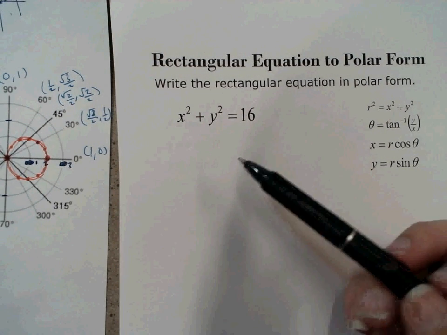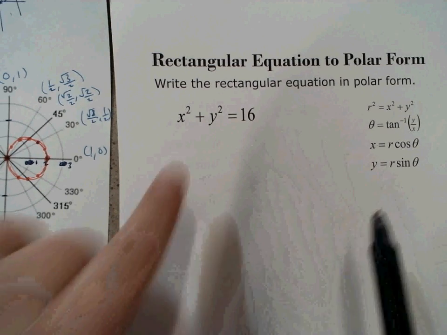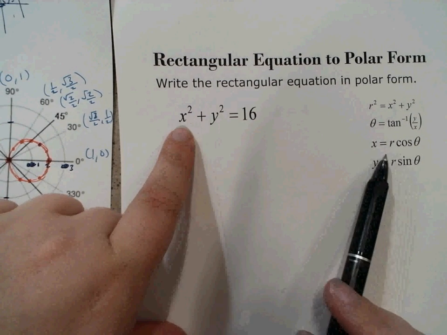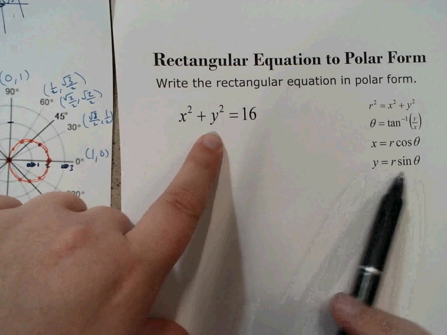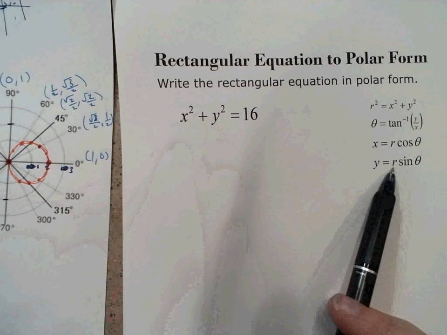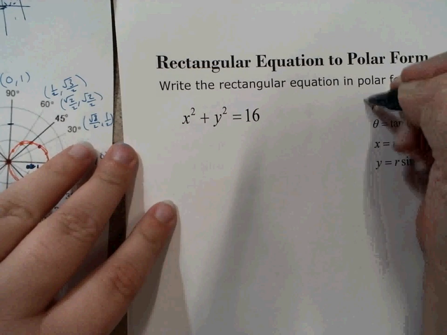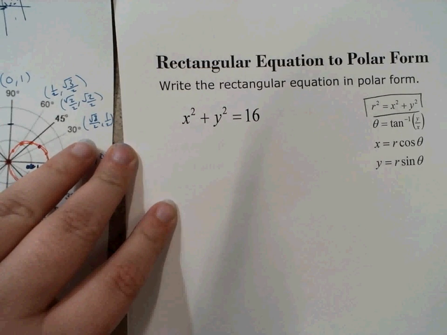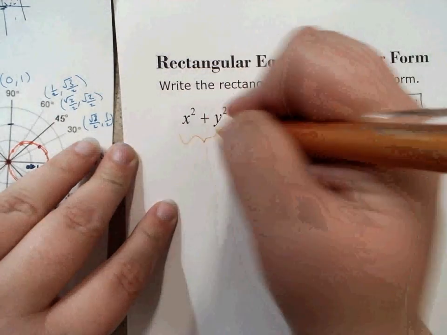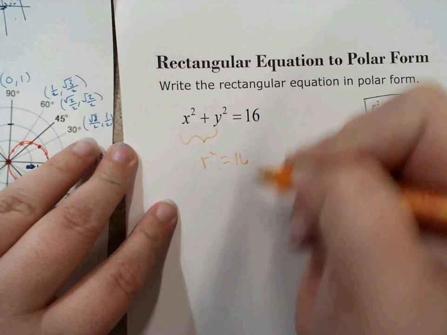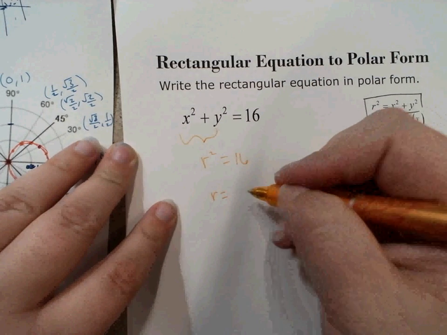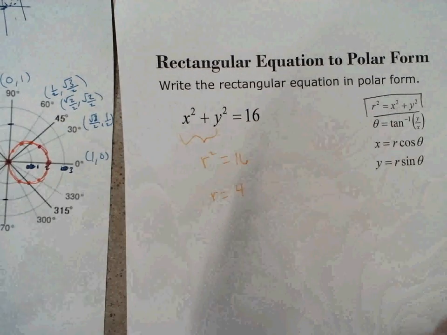So on this one, given what we just talked about, there are two different ways to do this. One is to replace x with r cosine, one is to replace y with r sine, square both, and then go from there, right? But it's easier if you just go ahead and use this. x squared plus y squared equals r squared. So all of this might as well just be r squared equals 16, which means r equals, now technically you could say plus or minus 4, but